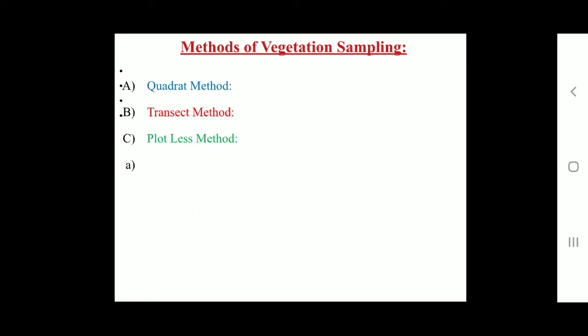So, first we see the introduction about this. Plants naturally occur together in a respective group of associated species, and the most abundant species can be used to describe those communities. Similarly, the size, form, structure, and physiognomy of these species play an important role in making up the arrangement of a plant community. The vegetation sampling is essential to understand the structure of vegetation.